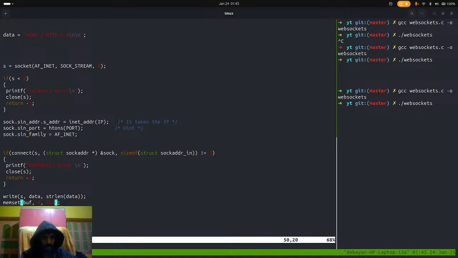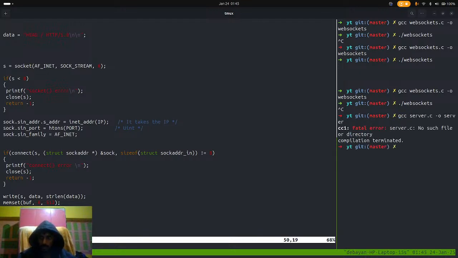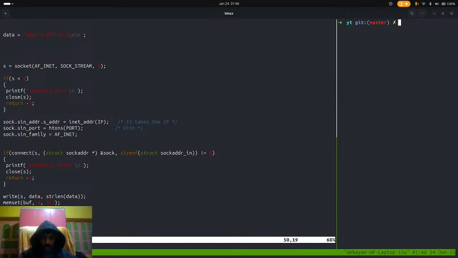By the way, that should be 512, not 511. Oops, not this one. GCC web, dot slash web sockets. No,